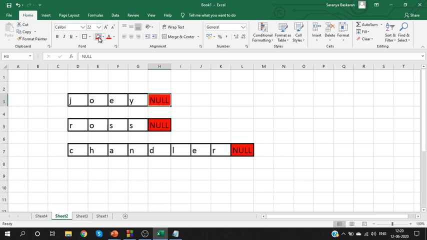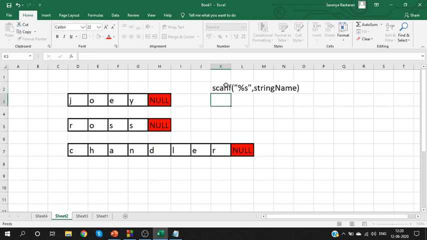Guys, I'm moving on the assumption that you know the basics. Only when you know the basics, you can understand these problems. Okay. So a string contains null character at the end, right? If you have to scan the string, scanf percentage %s, comma, string name. This is how we'll generally scan a string. Yes. So this will be your first string, second string, third string. Think about it. Can I create three separate strings? str1, str2, str3. Is it efficient to create three separate strings? What if I have two more strings? Then you will be creating multiple string variables here.